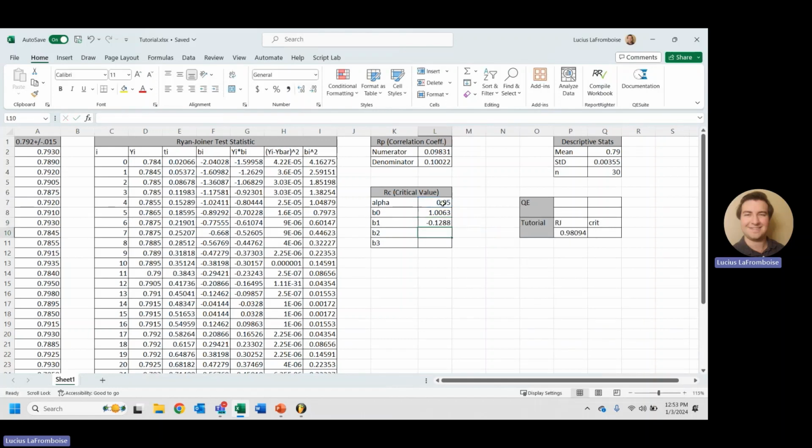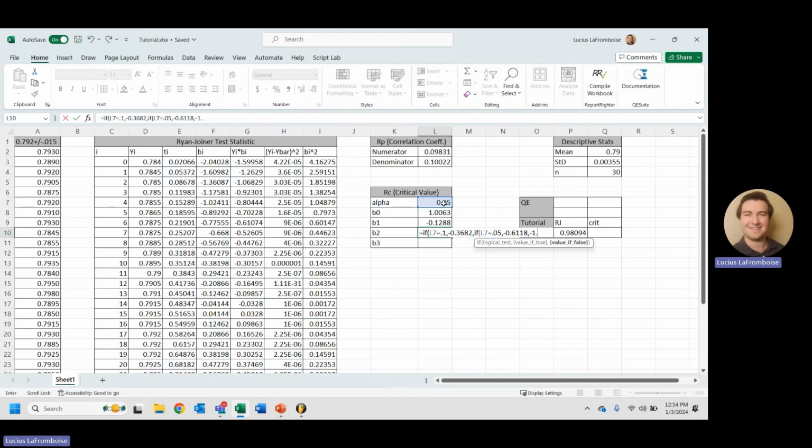Close up our parentheses, enter. Minus 0.1288, perfect. Same thing again, equals 0.1. Then our value is going to be minus 0.3682, else another if statement here, equals 0.05. Then we are going to have minus 0.6118. Final value minus